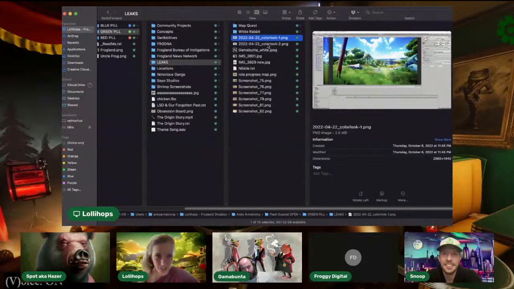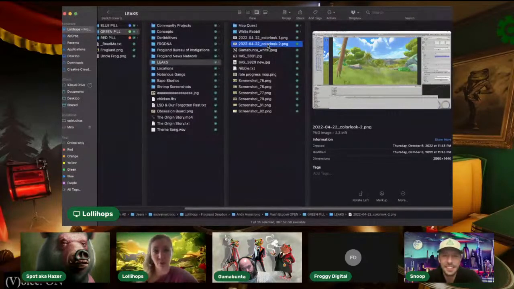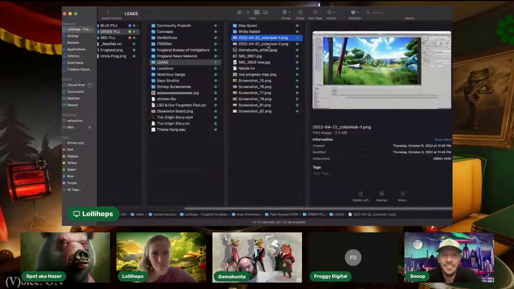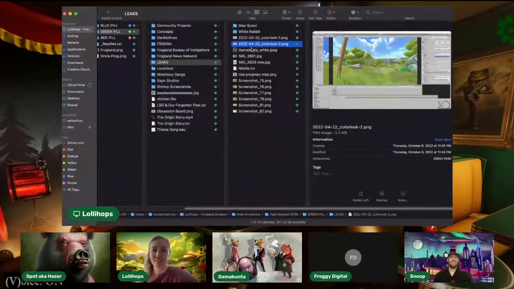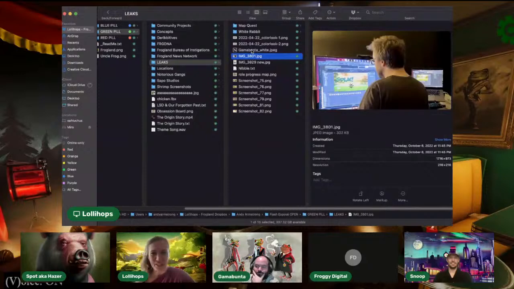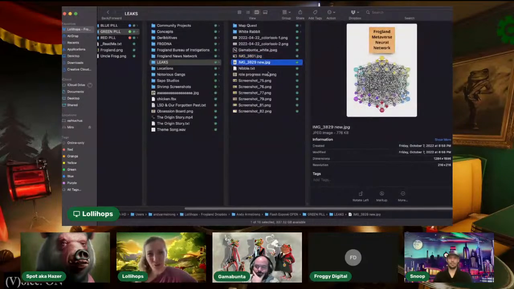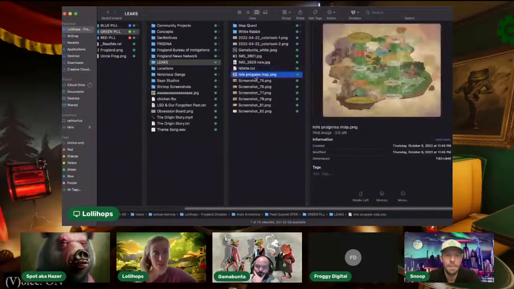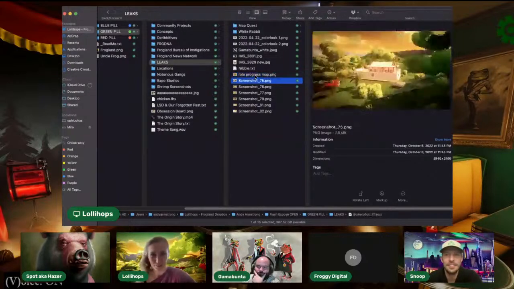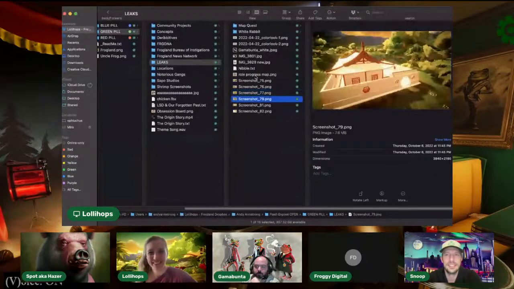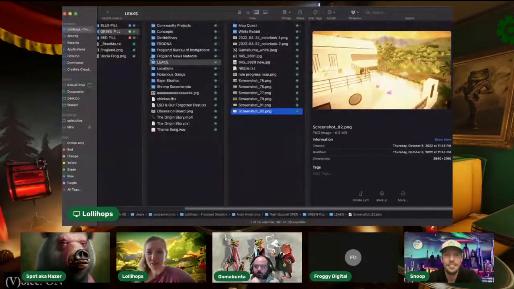We got a couple different screenshots of the biomes pulled up in Unity, I believe, and kind of the way that those are being put together and being able to see a little bit on the dev side of things, which is always baffling and very cool. Some sneak peeks of some of the other things that we're working on, the Frogland Neural Network, a nibble, because of course that's always important. A roll progress map for the Discord gameplay, and a couple other sneaky peek screenshots of a few different things.